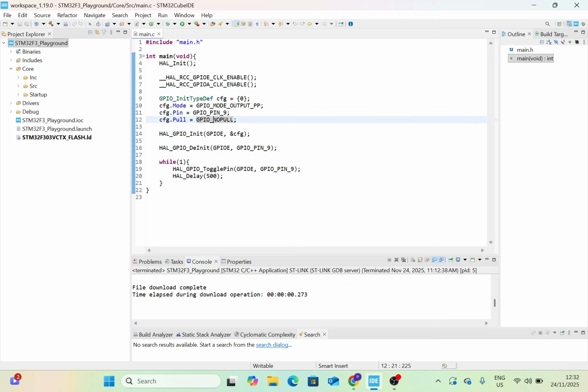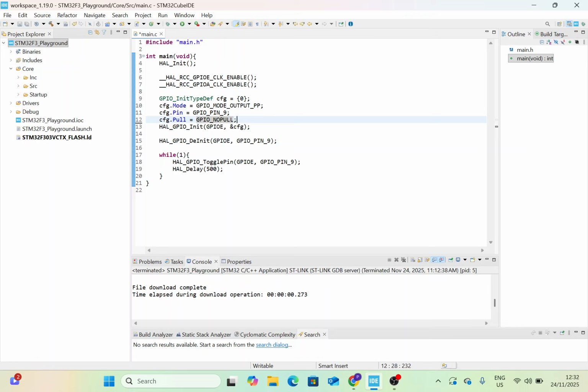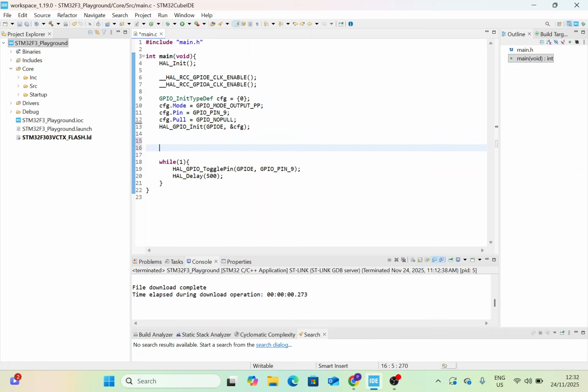So I'm going to move the HAL GPIO init call right under it so that we've grouped it nicely, and I'm going to get rid of this. Then we will reuse the same GPIO init type def instance, which is CFG here, to configure the button. But this time around, we are going to configure it to raise interrupt when it is pressed. Okay, so I'm going to say